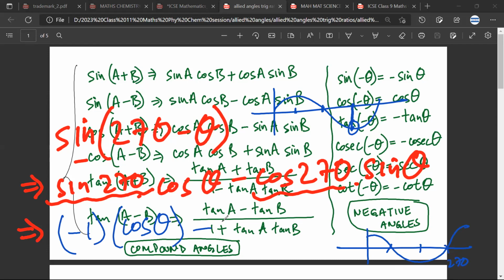Cos 270 is 0, therefore this would be 0. Therefore this would be minus cos theta. One thing, have you understood what I've said? Yeah. So the point that I'm trying to make is